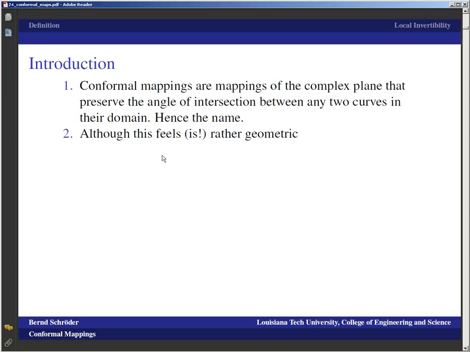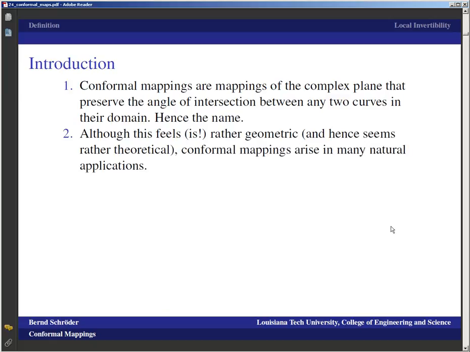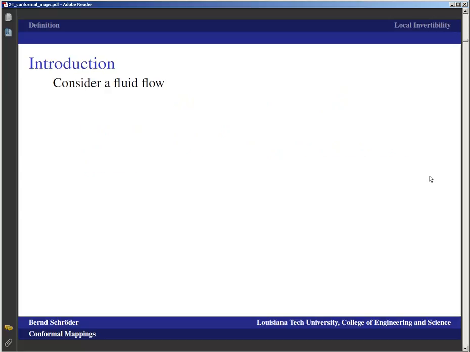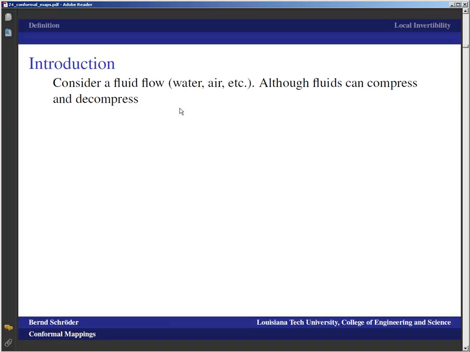Although this feels, and in fact is, rather geometric, and therefore also seems rather theoretical, conformal mappings arise in many natural applications, and we'll say a few words about that in just a minute. Namely, consider a fluid flow, so consider a water flow or an air flow. Fluids can be gases or liquids. And although fluids can compress and decompress, for gases that is part of the theory, because gases can be compressed and decompressed significantly. For liquids, sometimes you assume they're incompressible, which is not quite true, but it's a good approximation